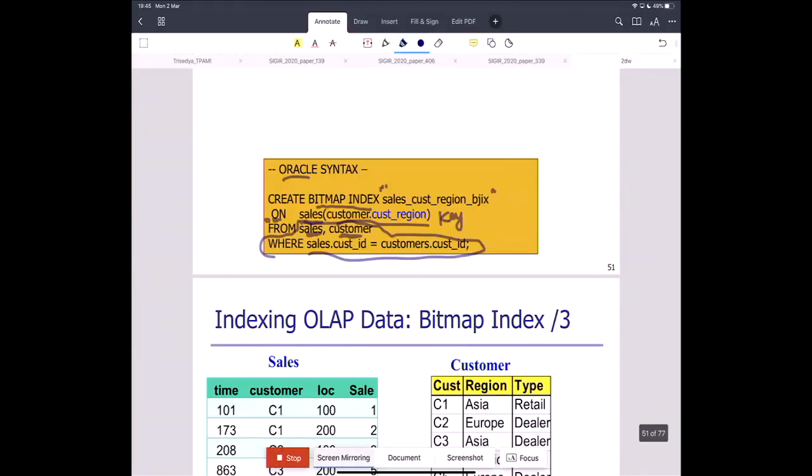And one of the customer information is the region he or she lives in, or comes from. Then, because you create a bitmap index on the joined results, naturally the joined results number will be the same as the fact table number, because it's a foreign key to primary key join. The number will be determined by the